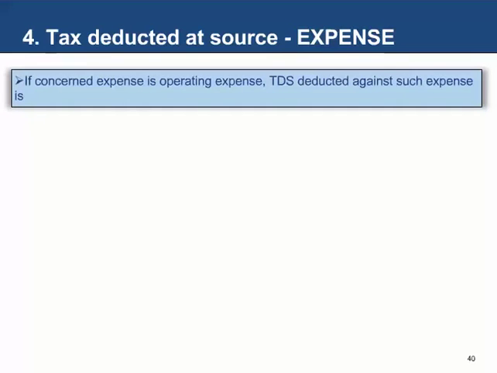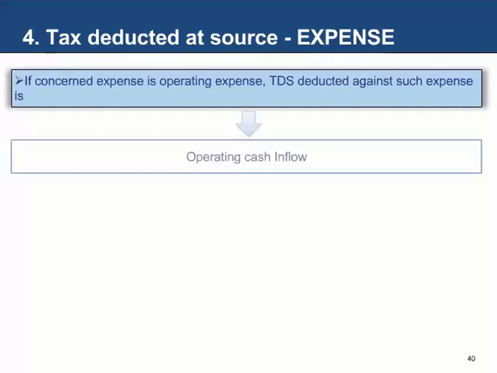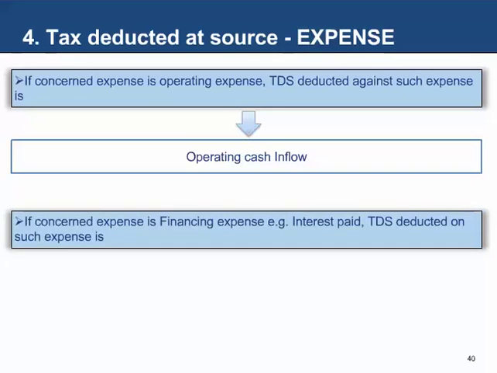So we discussed tax deducted at source when the base item is income. Let's come down to tax deducted at source when the base item is an expense. If the concerned expense is an operating expense, TDS deducted against such expense is an operating cash inflow. If the concerned expense is a financing expense, for example interest paid, TDS deducted on such expense would be classified as financing cash